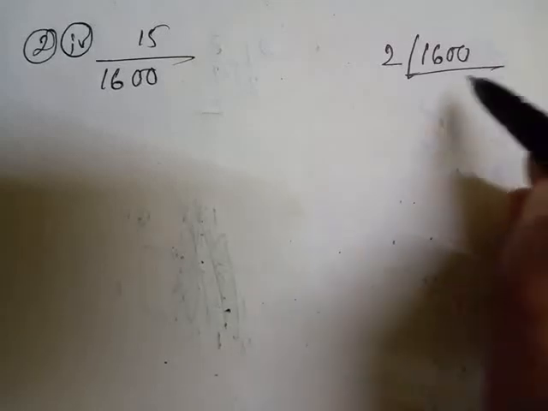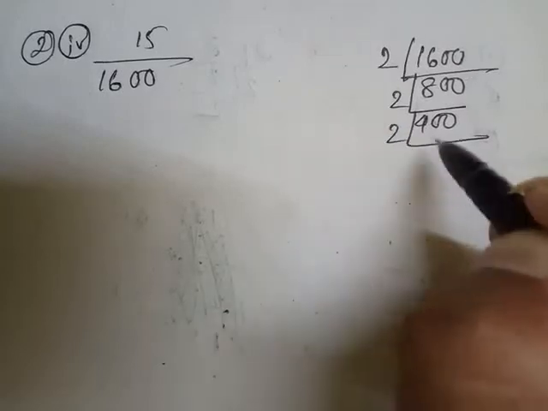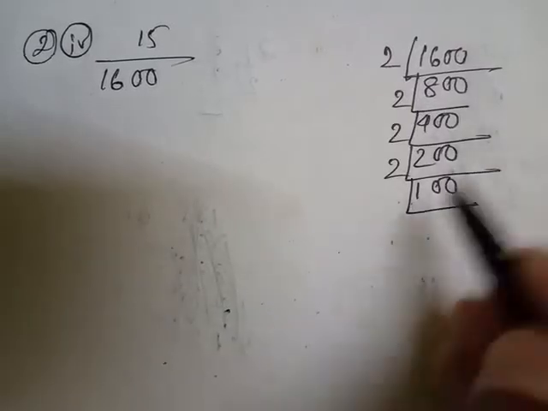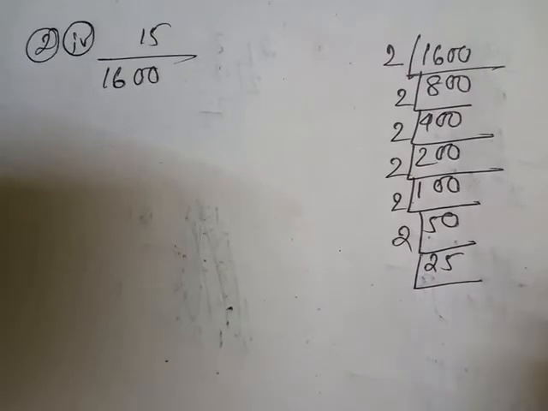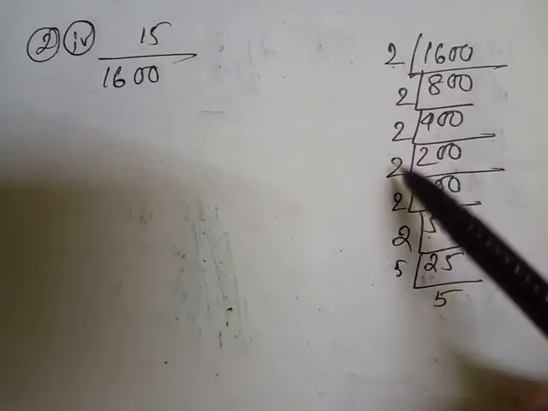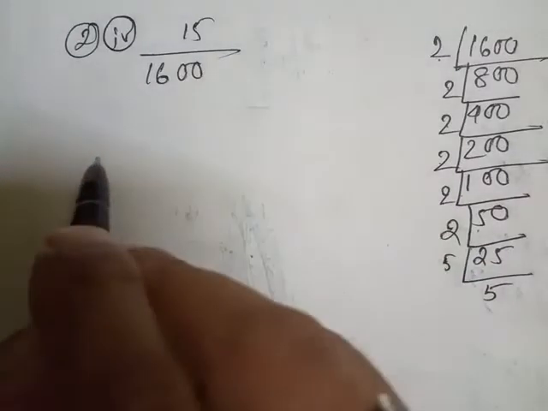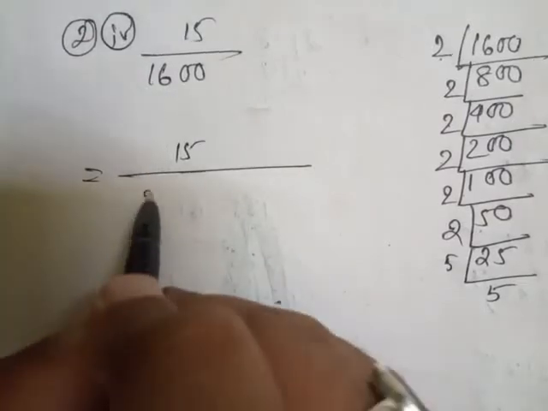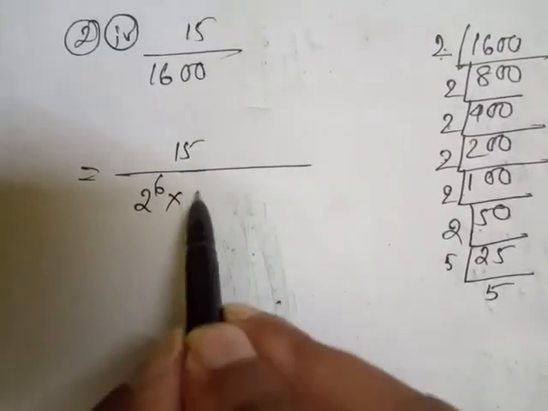If it is divided by 2, which means there is 800. Now again divide by 2 means 400. Again 2, 200. Again 2, 100. Again 2 means 50. Now next would be 25. Now look here, if it is 25, then 5 into 5, 25, which means 1 2 3 4 5 6, 2 to the power 6 and 5 square. Look here, similarly I also write here in 15 by 1600 is 2 to the power 6 into 5 square.